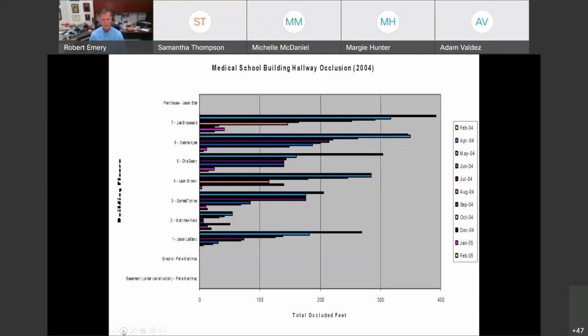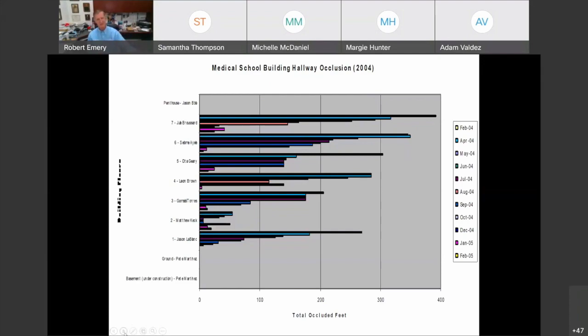And then we would work with the faculty and say, do you really need this stuff out in the hallways? Can we help you get it surplused, or whatever the issue was? So we worked with the faculty to actually see if we could get this stuff out of the hallways and get us back into compliance. So a year later, this was the graph they came back with. They worked very hard. You can see the names of the people who were assigned the different floors.